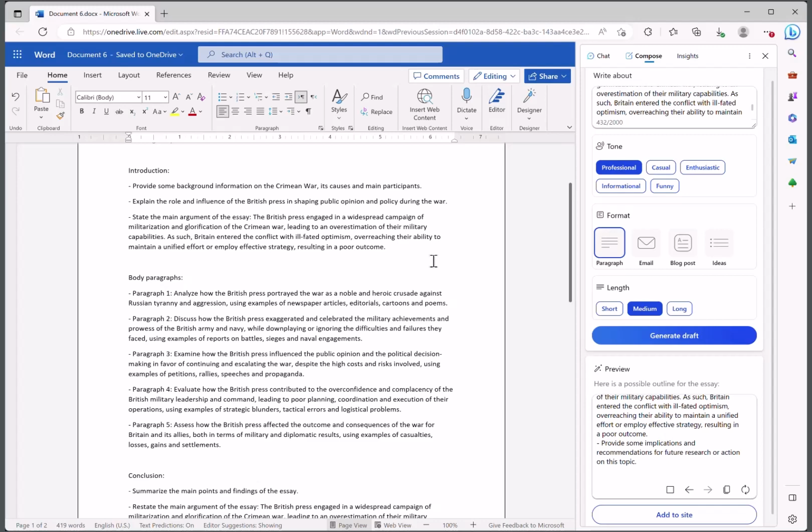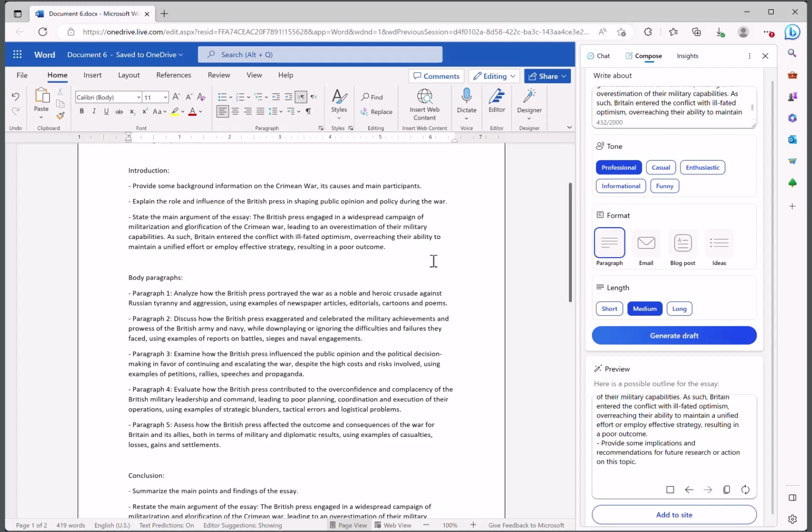For instance, Bing offers an appropriate way to structure the introduction by first giving some background, then transitioning to the particular focus the essay will take about the role of the British press, and then finally narrowing to the specific thesis, which we tell students should typically appear at the end of an introduction only after the context of the writing has been established. So this is good advice a student can follow to craft the introduction.